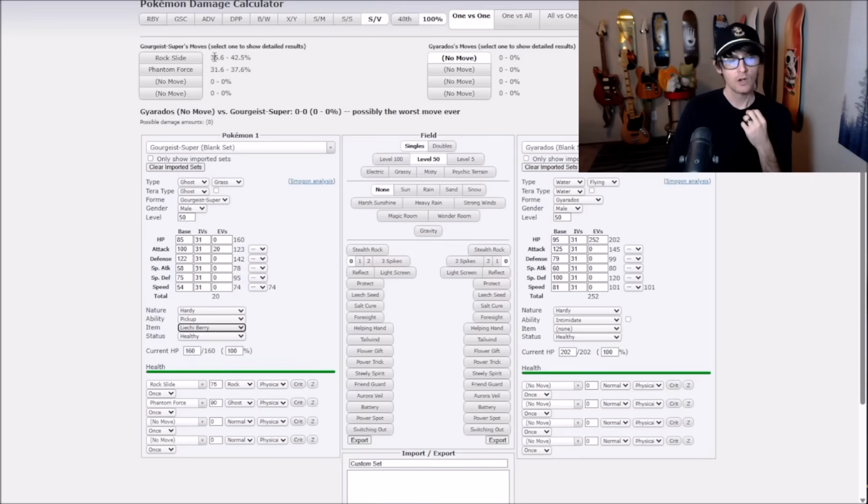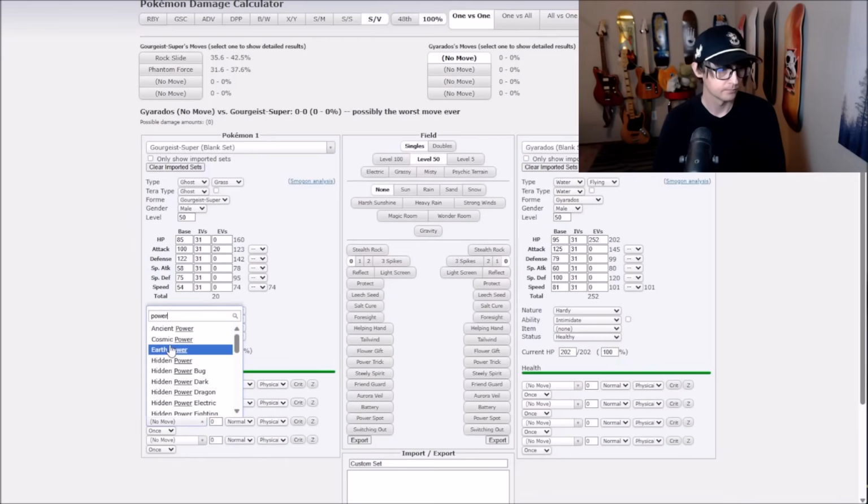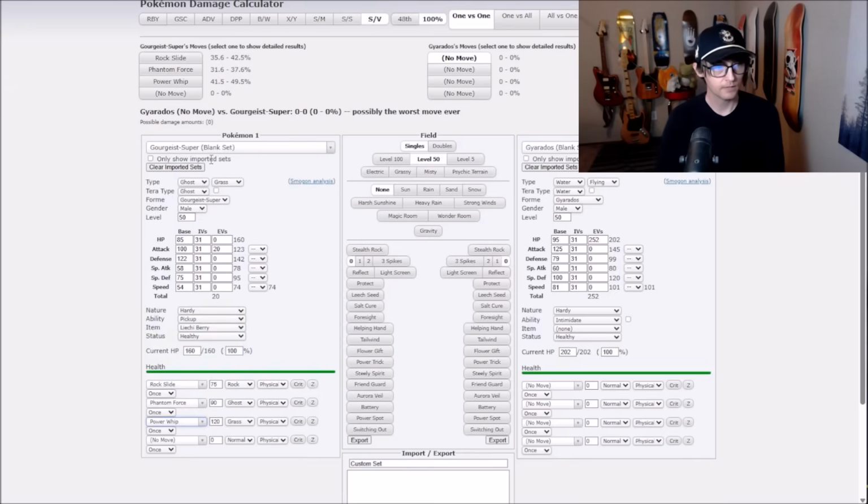So you can see, as long as we're potentially 3-shotting these guys, that can be pretty good. Because we can go for a Phantom Force to close, we can go for a Rock Slide, and then we can go for a finishing Wood Hammer, or Power Whip, right? Power Whip, where are you? So the fact that all 3 of these do over 30, the combination of them is going to do over 33%, which means you can KO a Gyarados if it's a